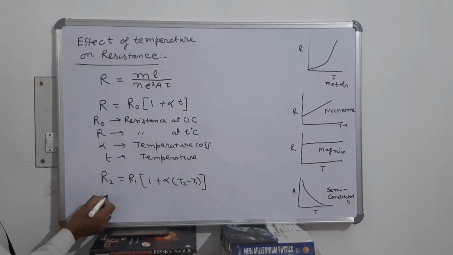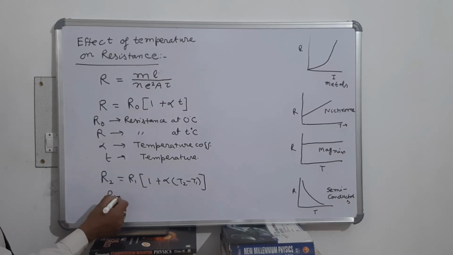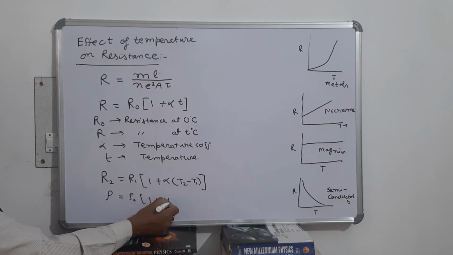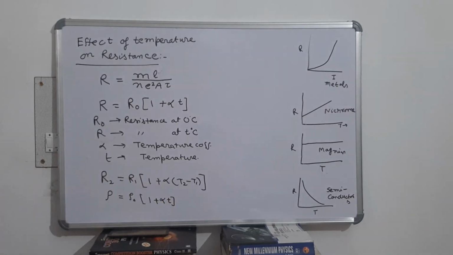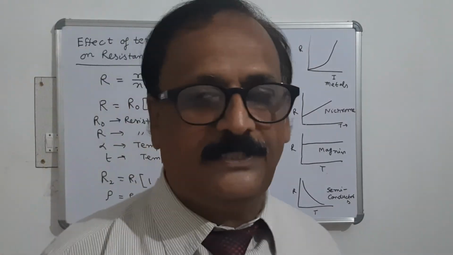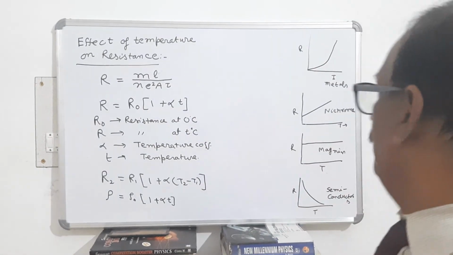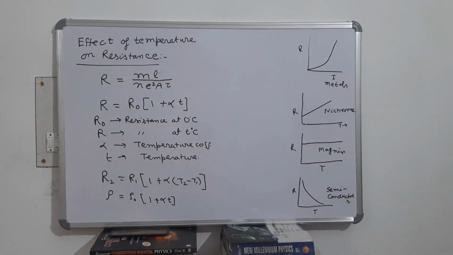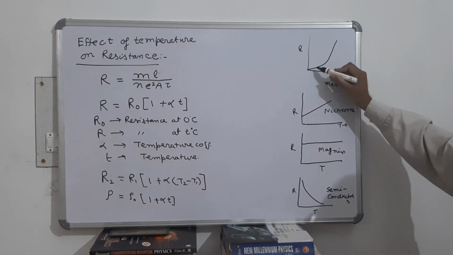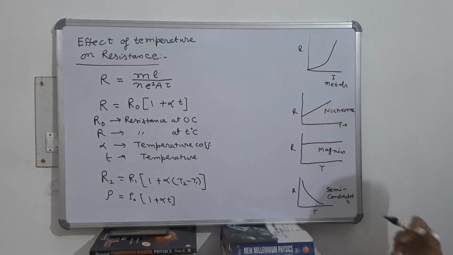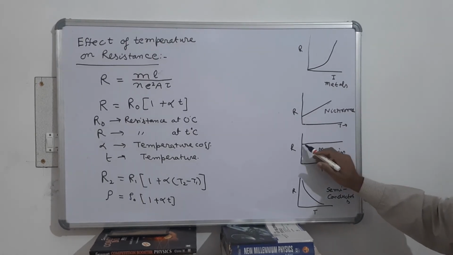And similarly, in terms of resistivity, you can write rho is equal to rho naught into 1 plus alpha T. Here rho naught is the resistivity at 0 degree centigrade and rho is the resistivity at the given temperature T degree centigrade, and alpha is the temperature coefficient. If we plot a graph between temperature and resistance, then for almost all metals, the graph is like this. For nichrome, the graph is like this. In most alloys, resistivity is almost constant. For manganin, the relation between temperature and resistance is like this.